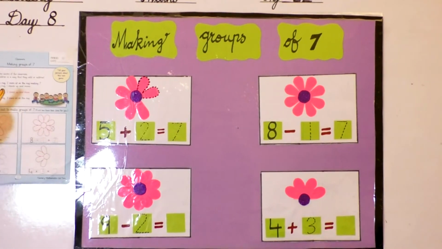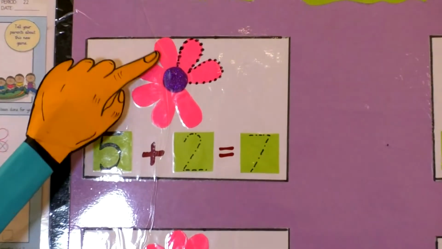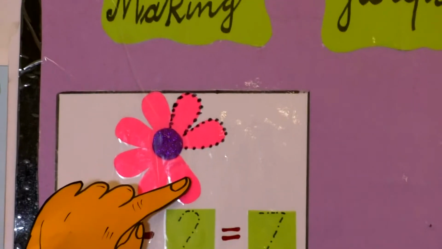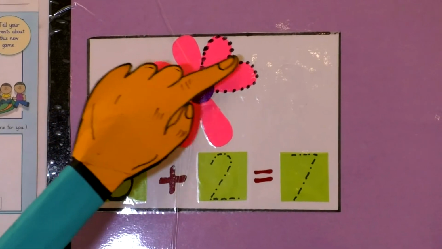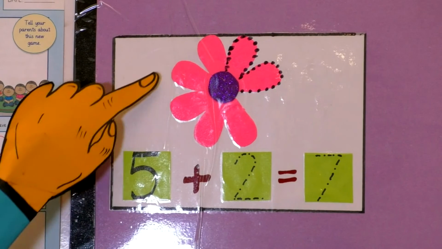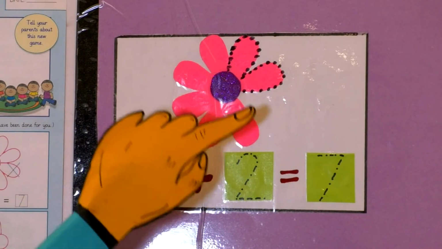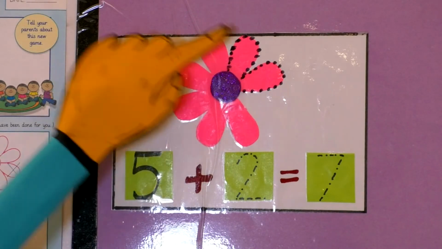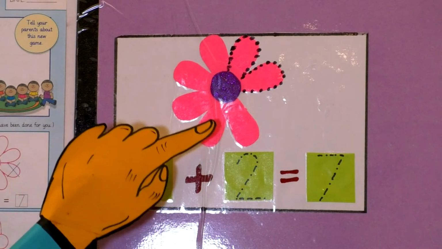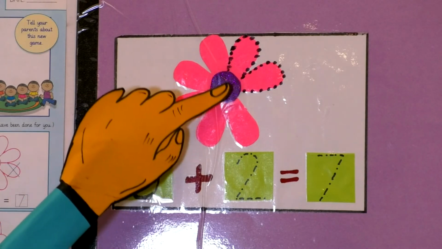So look at the first flower. How many petals are there? Let's count. 1, 2, 3, 4, 5. 5 petals are drawn here and 2 are drawn in dotted form. If you look at your workbook, you can see 5 petals are drawn properly and 2 are drawn in dotted form. Why are they in dotted form? Because the first question is done for you. Here they have given only 5 petals and you have to make a set of 7. So how many petals will you add to make it 7?